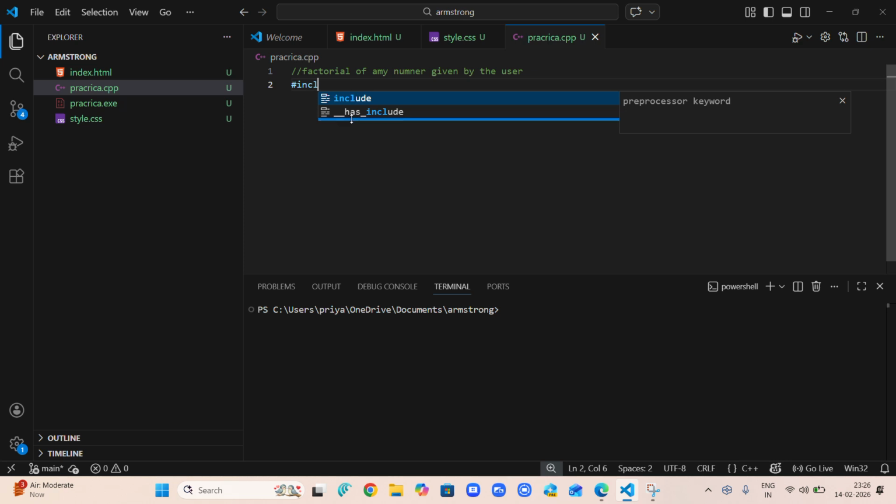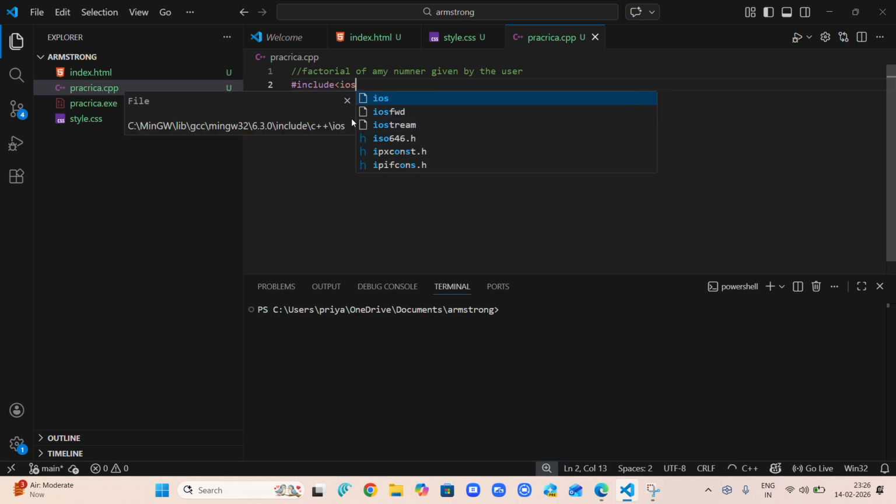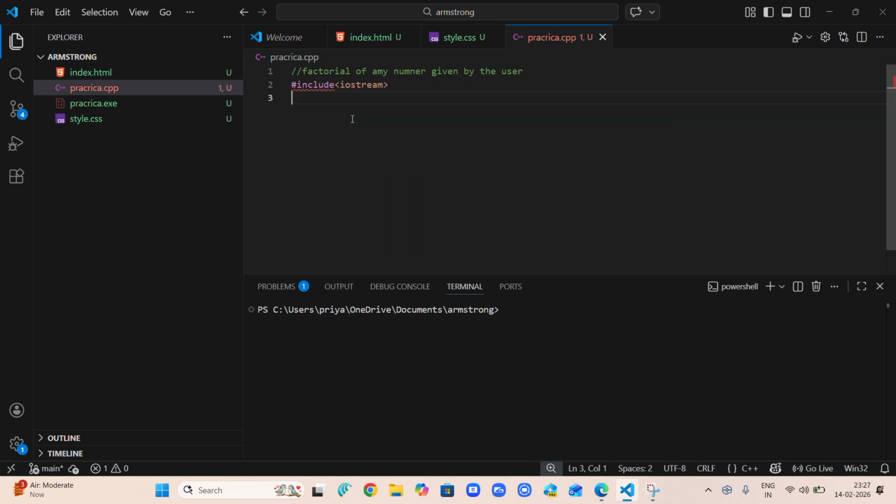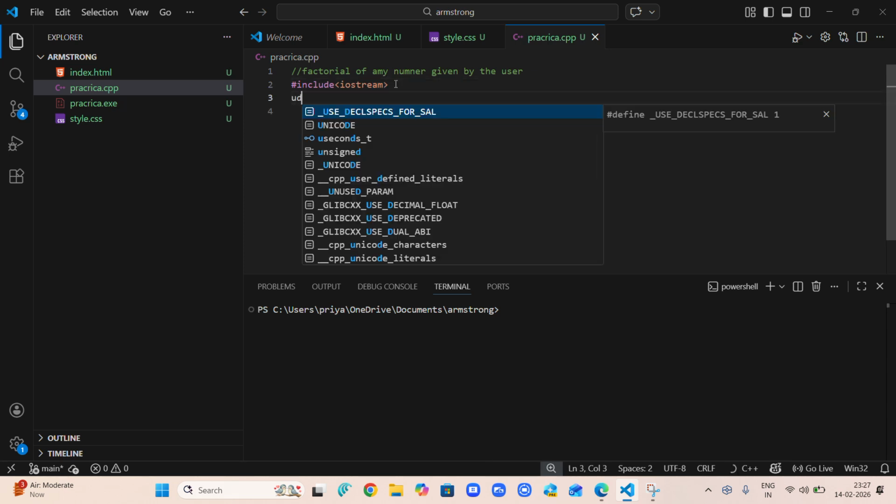Hashtag include iostream, which is the header file, and we include it because of the various words which we use while programming, like cout and cin, so it shows what the function of these words is. And then we are using